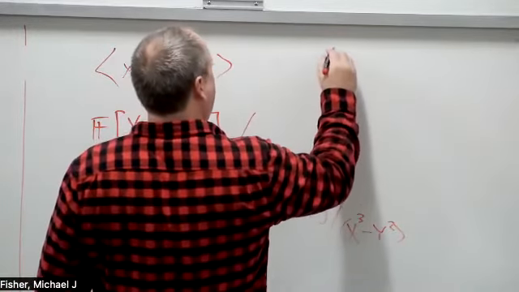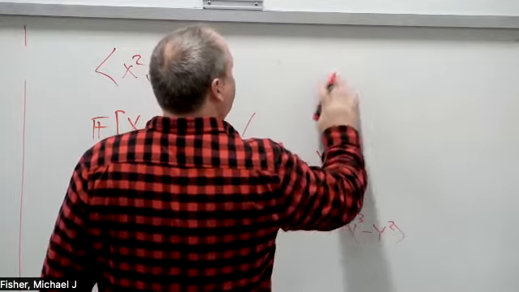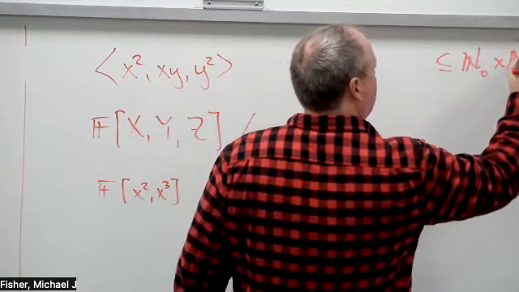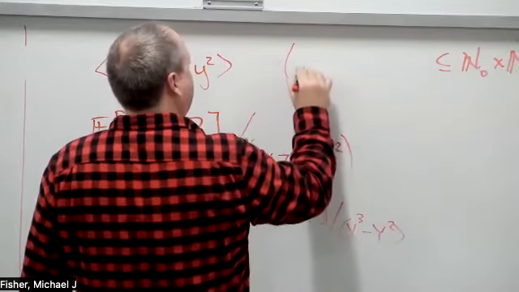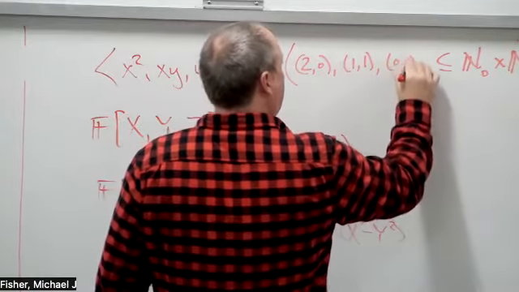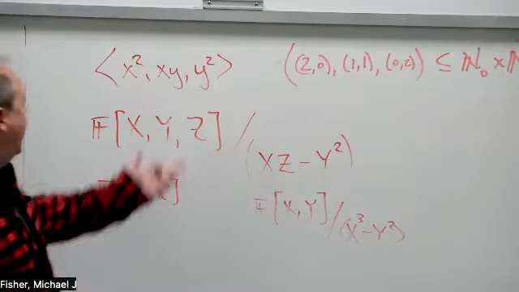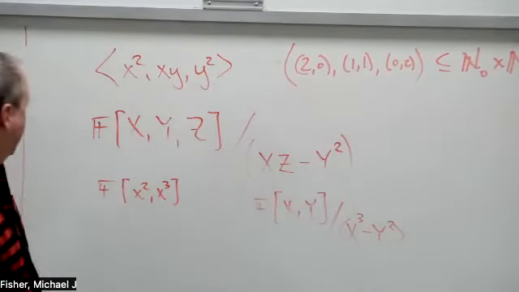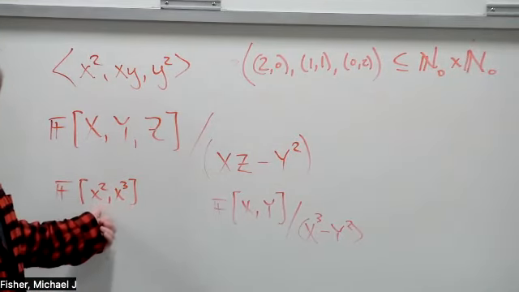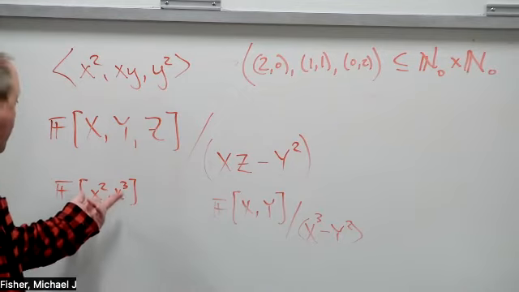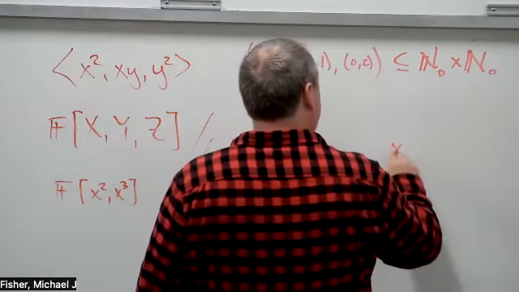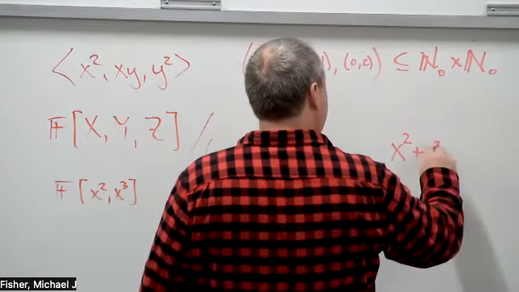You can think of it this way as generated by, this is a submonoid of N0 cross N0, generated by (2,0), (1,1) and (0,2). Right, exactly. And so this one actually has the half factorial property, and this one doesn't. And actually, this monoid, the monoid by itself has the other half factorial property, but this domain fails to be other half because actually, if you look at this in this ring,